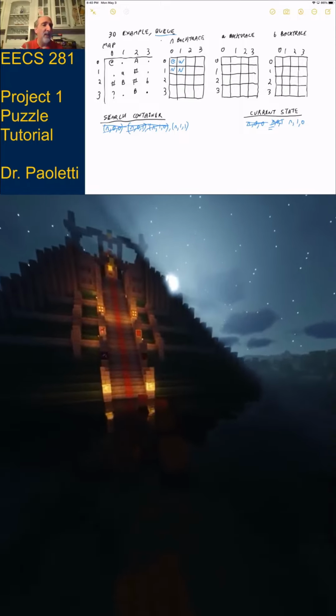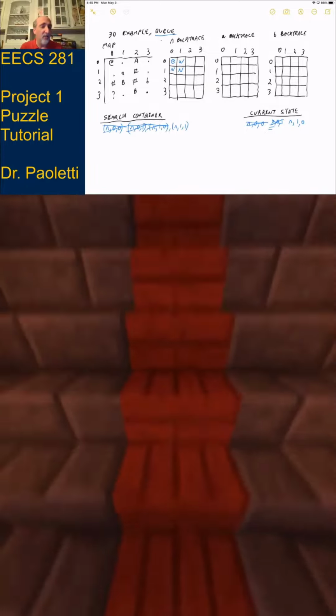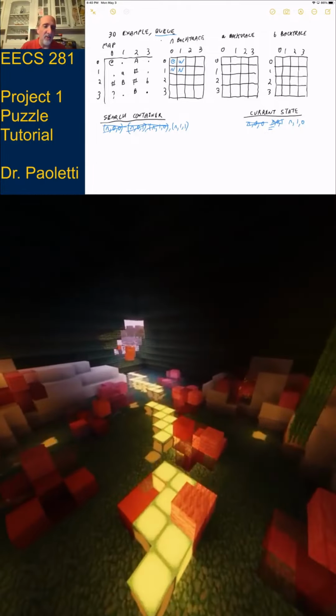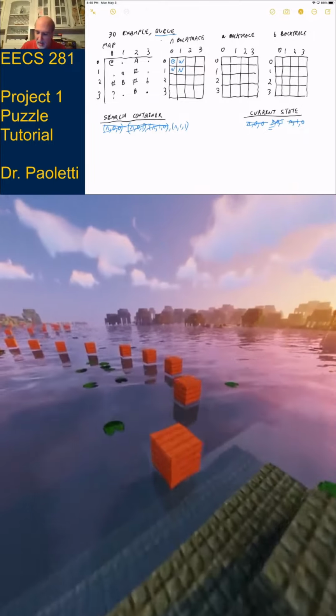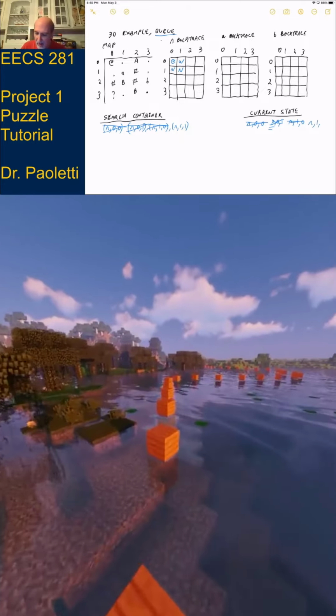West of me doesn't exist. Okay, we're done investigating caret 1, 0. It didn't add anything to our search container. So we go back through the loop. Search container's not empty. We get a new state out of the search container, so that would be caret 1, 1.